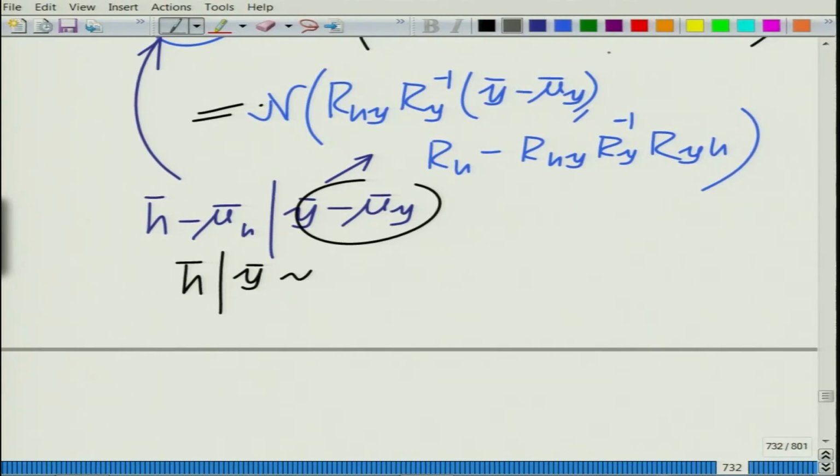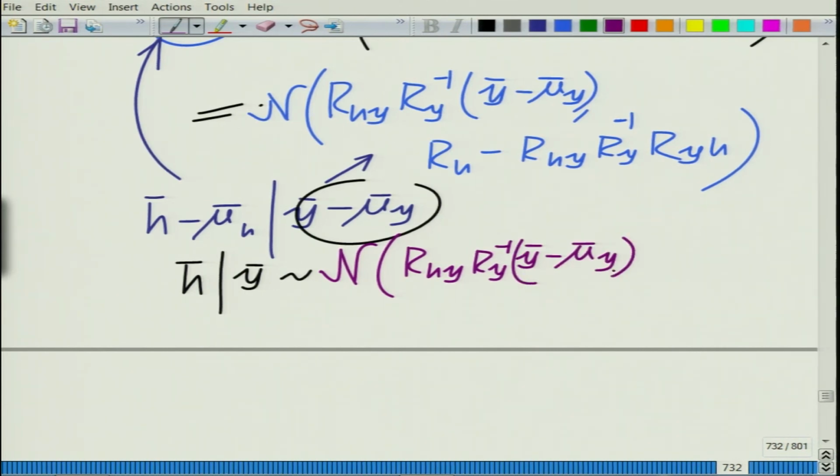So, all you have to do is add the mean to this. So, h bar will have the mean R_hy R_y inverse (y bar minus mu bar y) plus mu bar h,